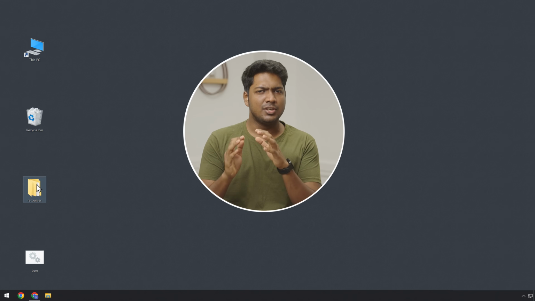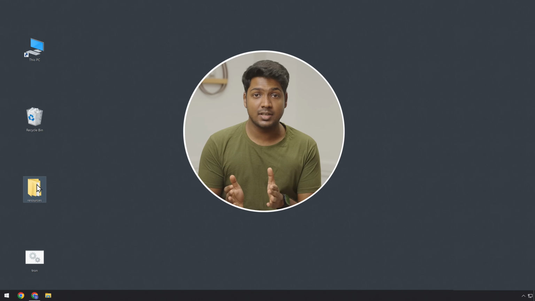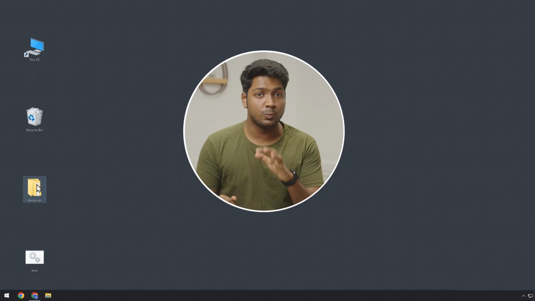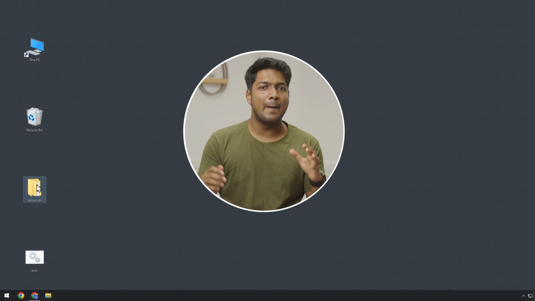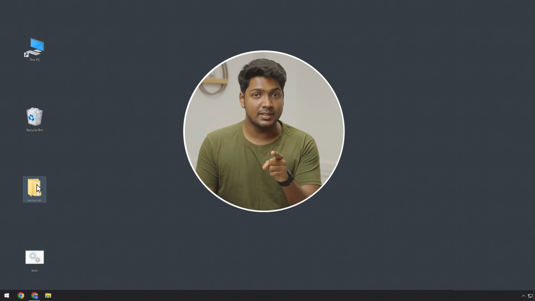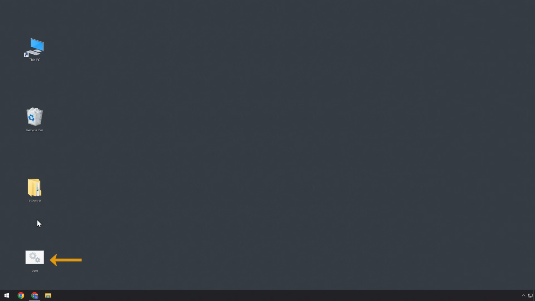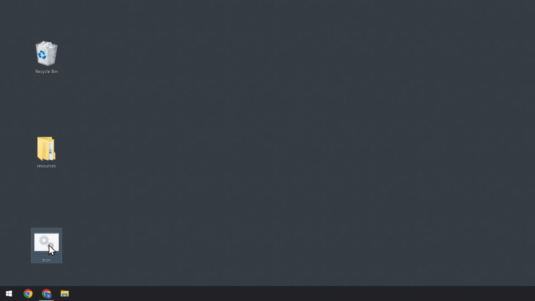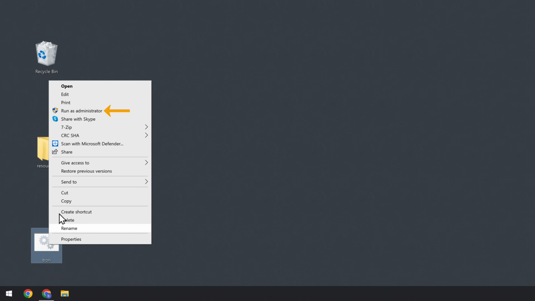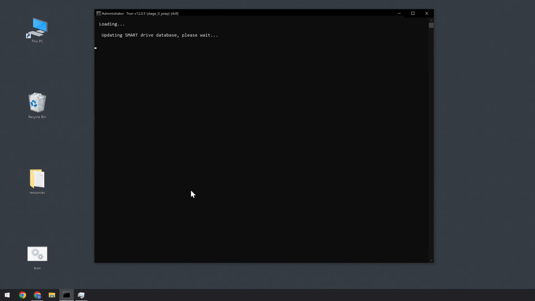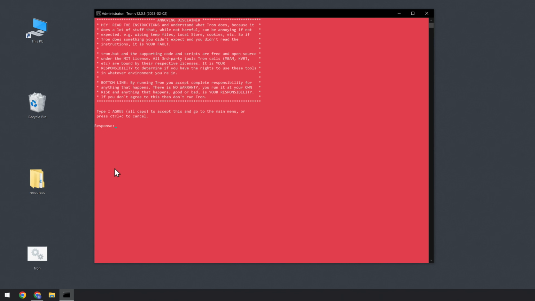Before you start, just make sure your PC has a strong internet connection and it does not go to sleep while it's working, as the full process might take some time based on your PC and the internet connection. Right click on this tron.bat file, select Run as Administrator, and it will ask you the permission to start the cleaning process. So type I agree in capital letters